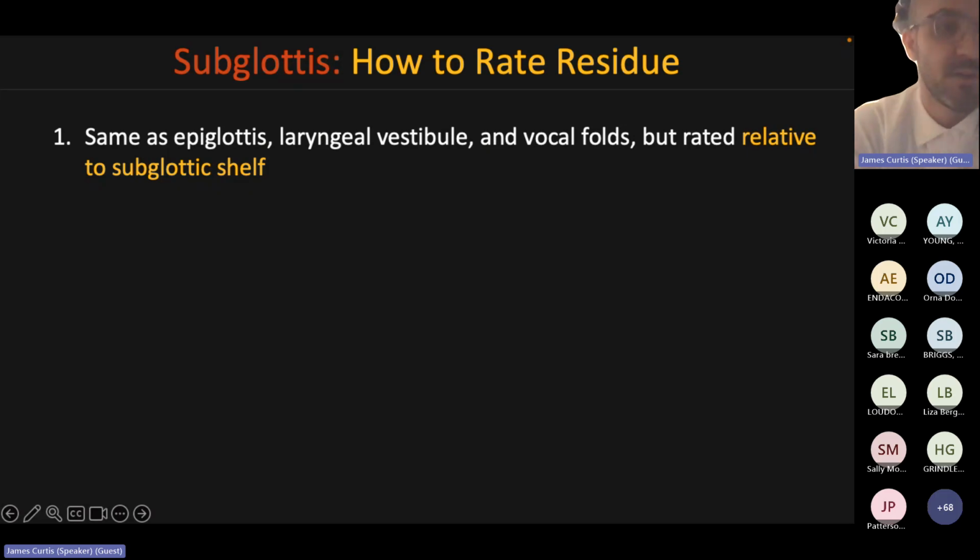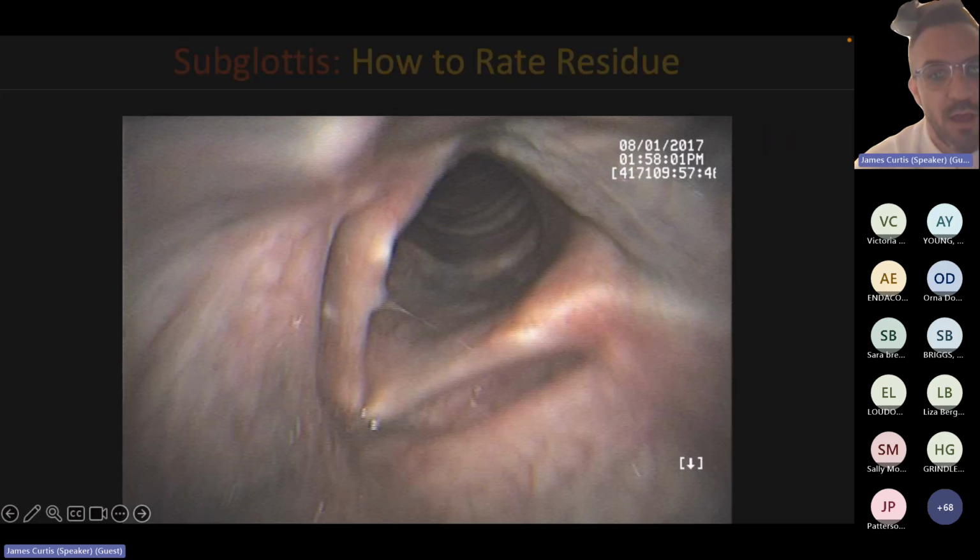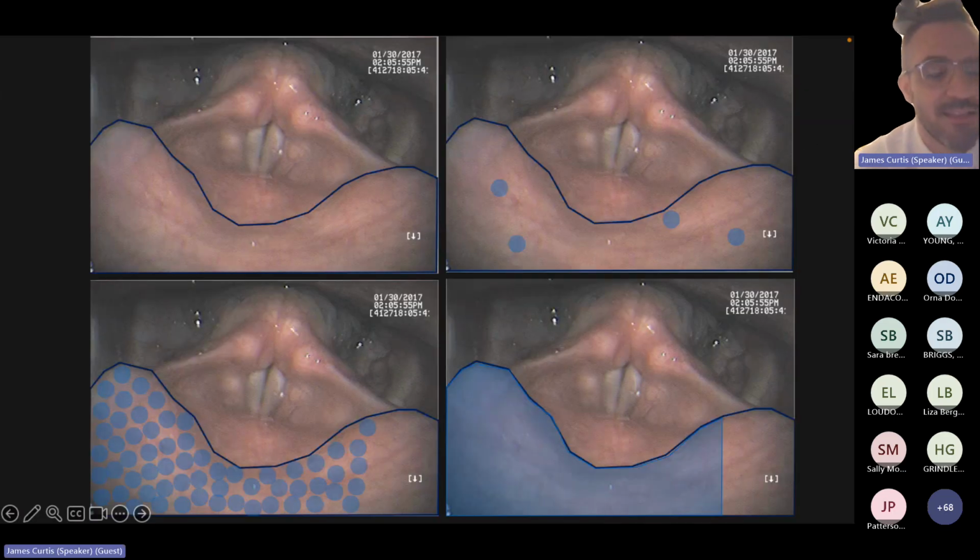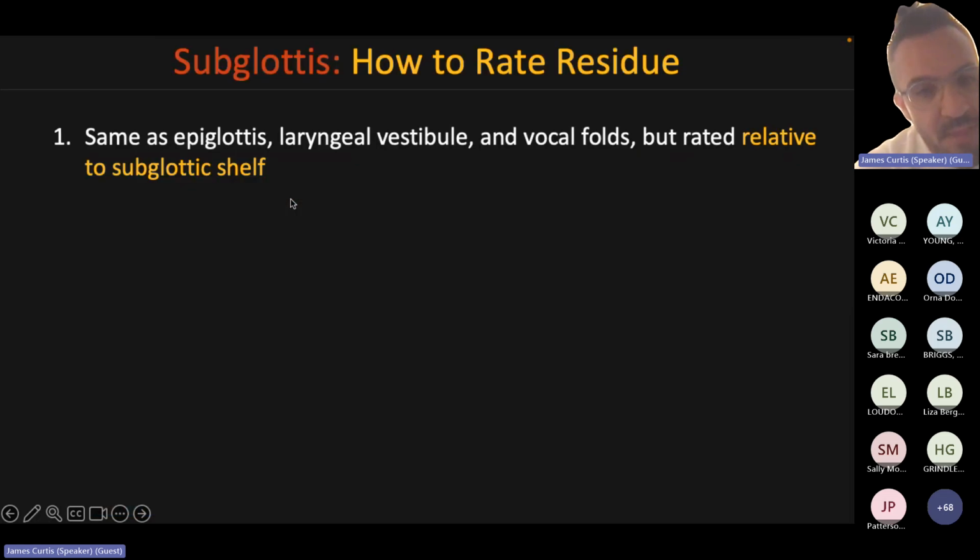So how we rate residue is going to be the same for the epiglottis, the vestibule, and the vocal folds. The same thing that we do for the epiglottis is the same thing that we would do for the vestibule and for the vocal folds. We are looking at the entire surface area and asking ourselves how covered the structure is with residue. The same thing holds true for the vocal folds and also for the subglottis, but there's a little bit of